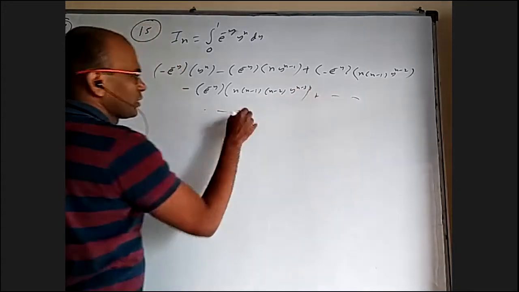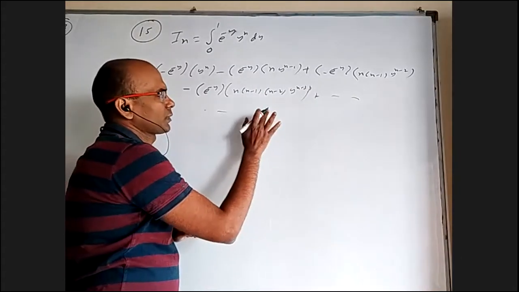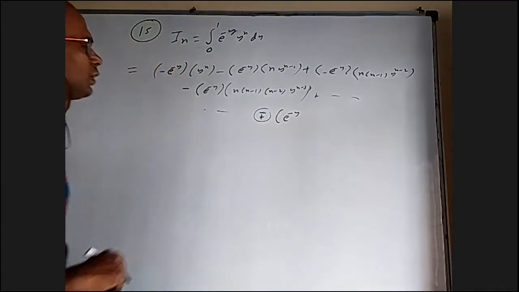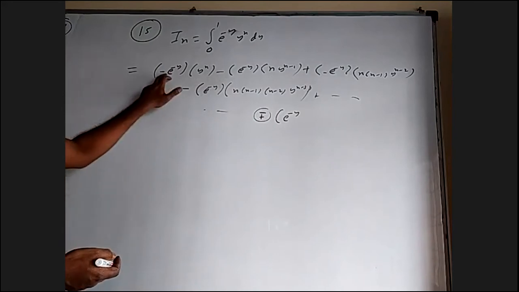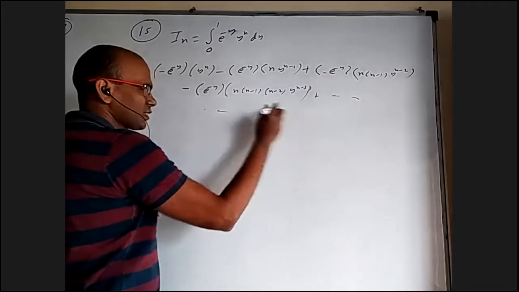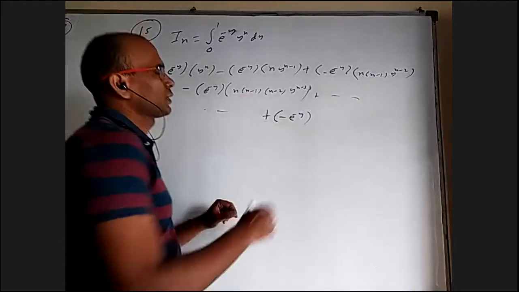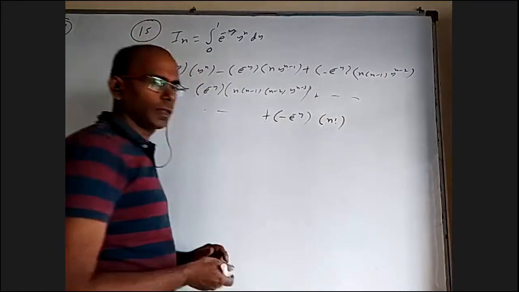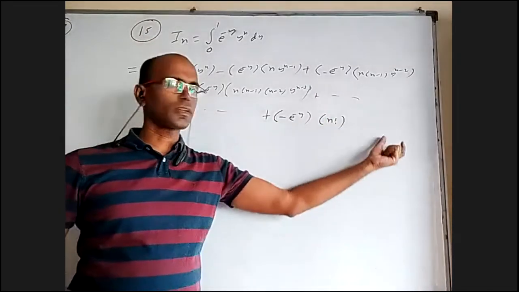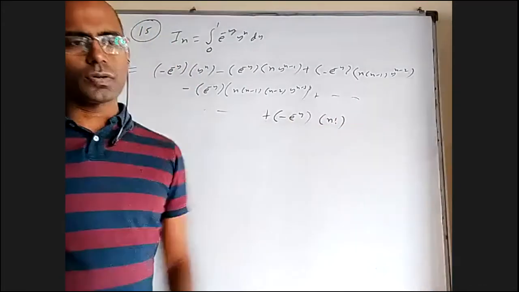I'm sure somewhere you will get minus or plus, I don't know which one, into e power minus y. I think these two together we can make it. This is minus, this into this together is minus, this into this is minus, this is also minus. So I think I should safely say it is plus minus e power minus y. That is common everywhere. You are going to get n factorial when you differentiate n times. And in the next step, it is going to be 0 because the derivative of n factorial is 0 and the integration will be over. If you do by parts n times, this is the last thing, and after that you are not going to get anything other than 0.